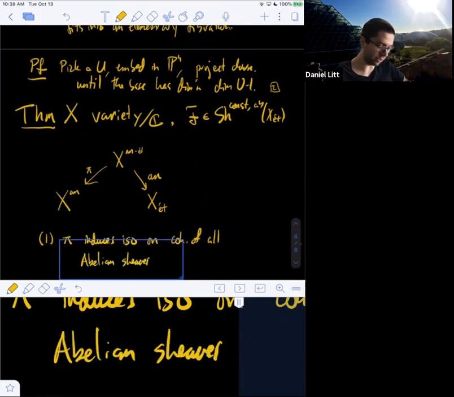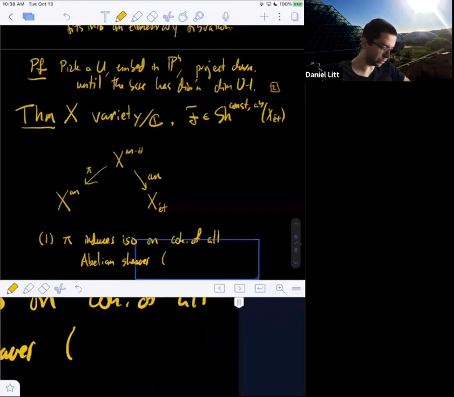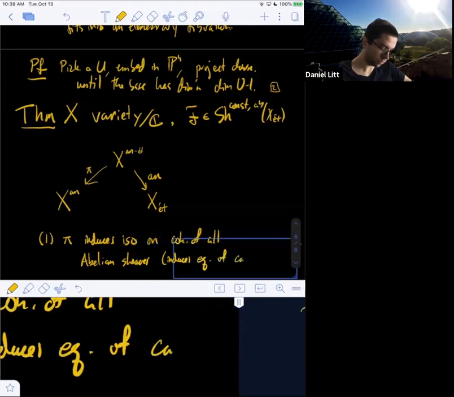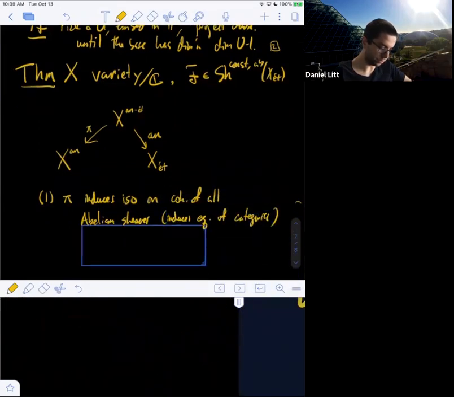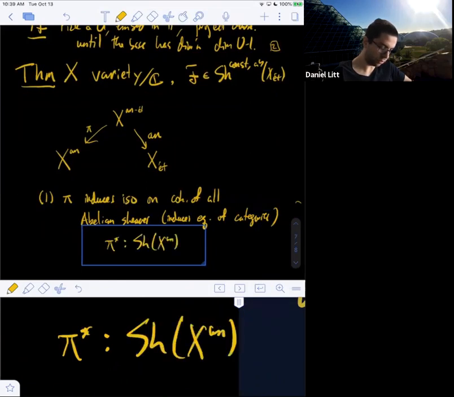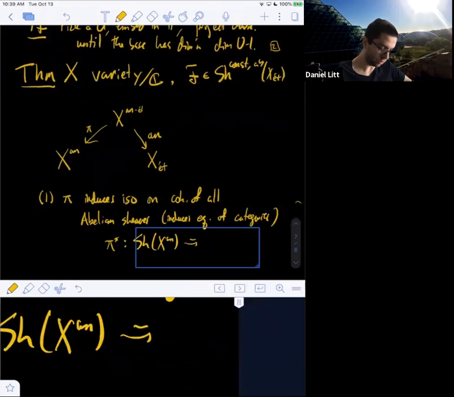So in fact, it induces an equivalence of categories of sheaves. So for example, if you pull back through pi, you get an equivalence from sheaves on Xn to sheaves on Xn étale.